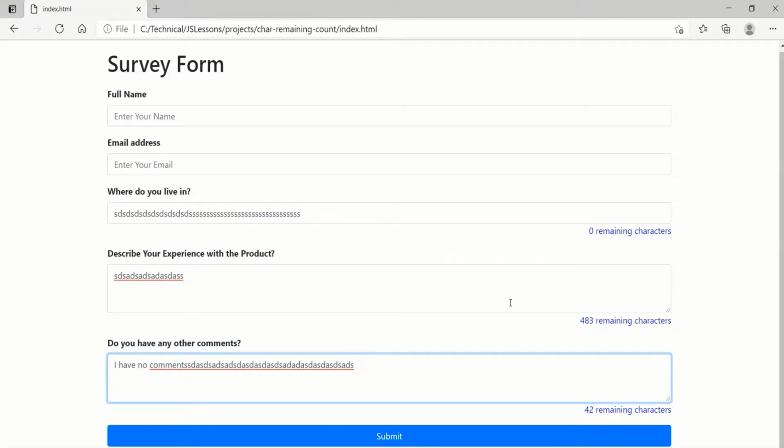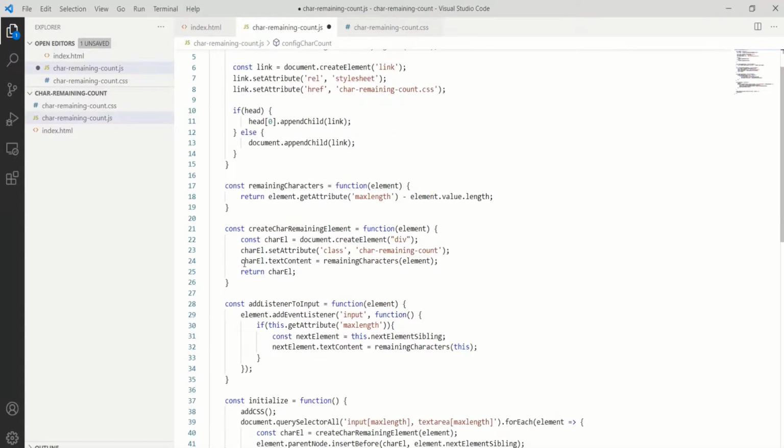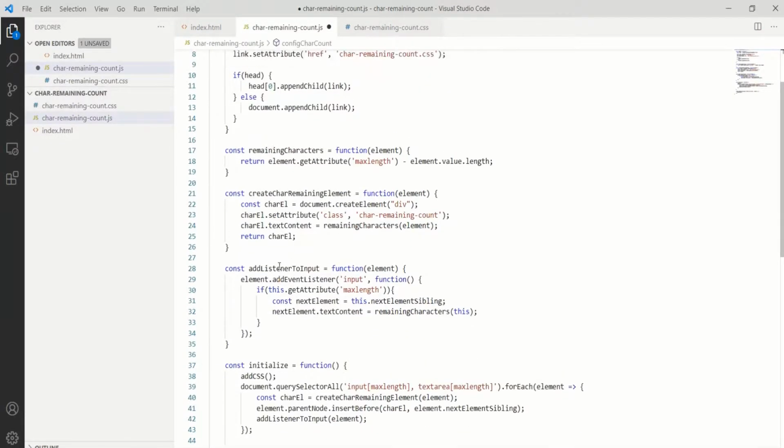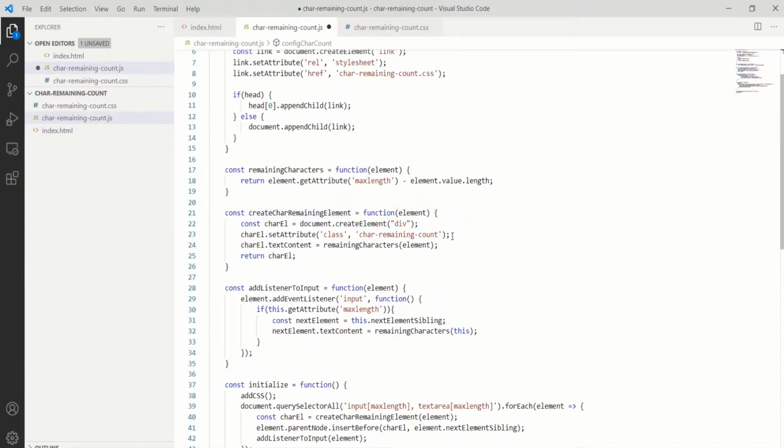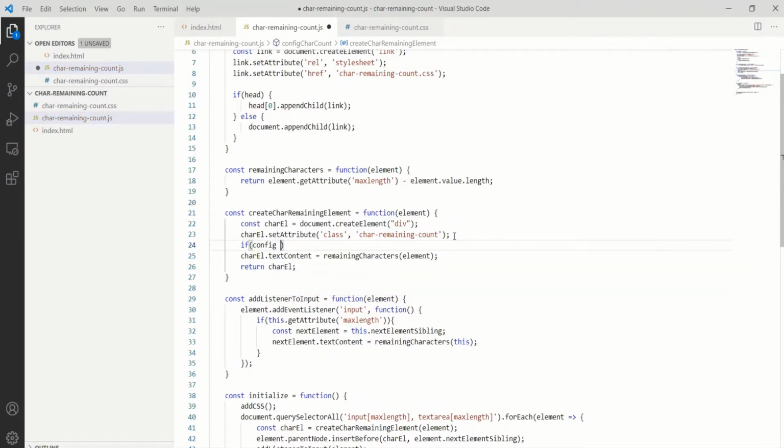Now as a user, what if I want to change the color of this text to red? I don't have any configurations currently. So let's write some configurations that we can expose to the user, and the user can change the color of this text. So I'm going to pass this config object to this function, configCharacterCount, and we will go to this charRemainingElement, and here we will check if there is a config object, and if the config object has